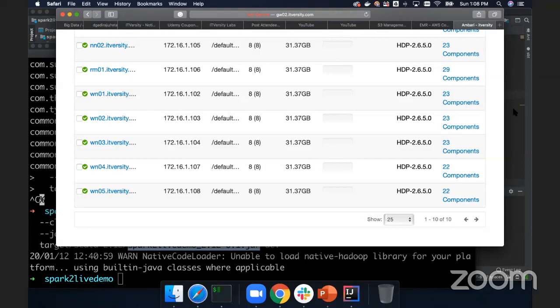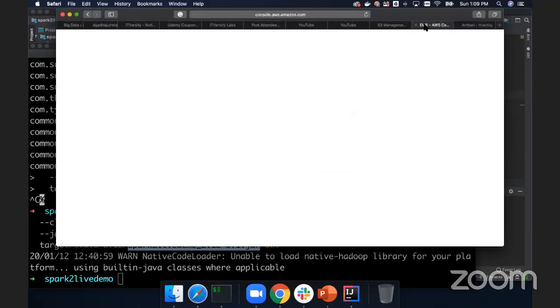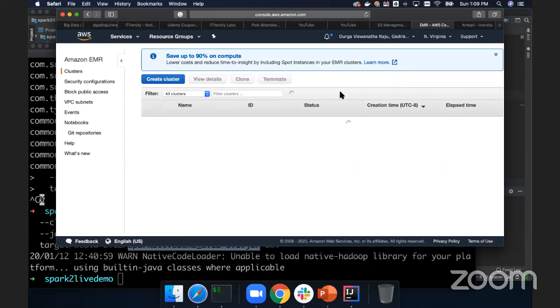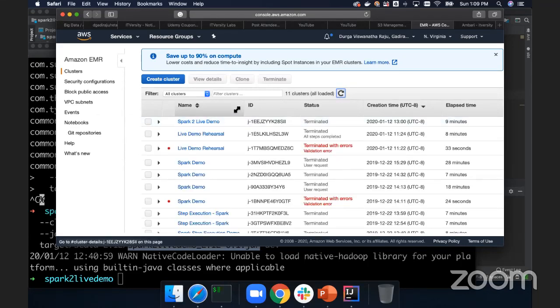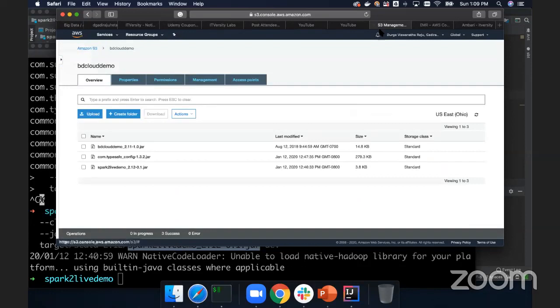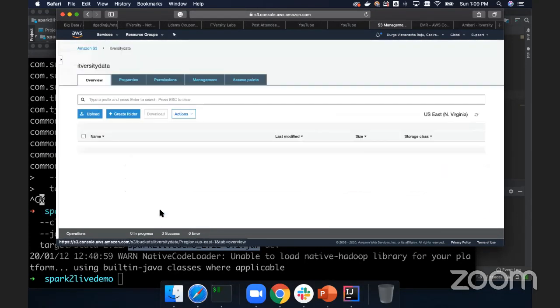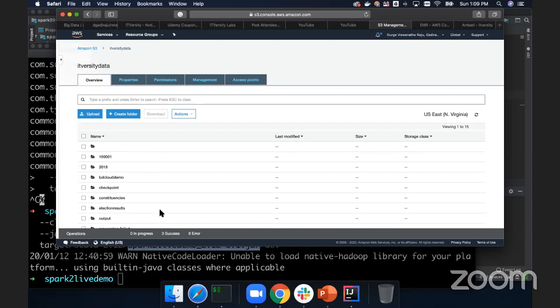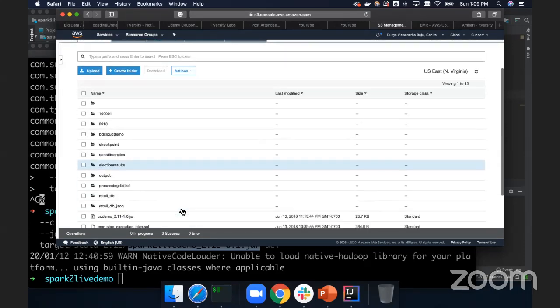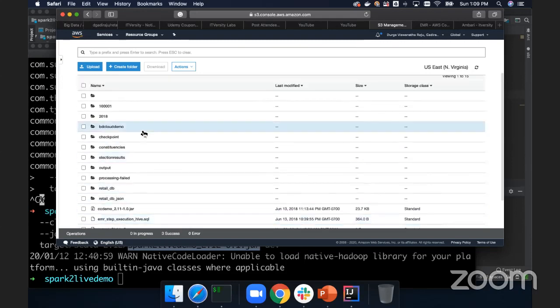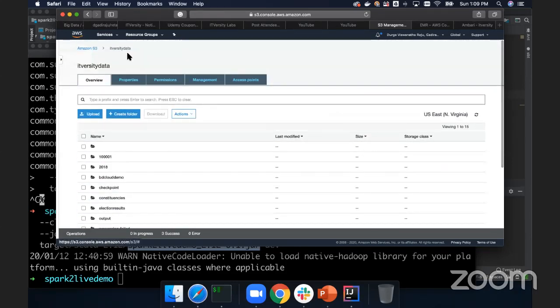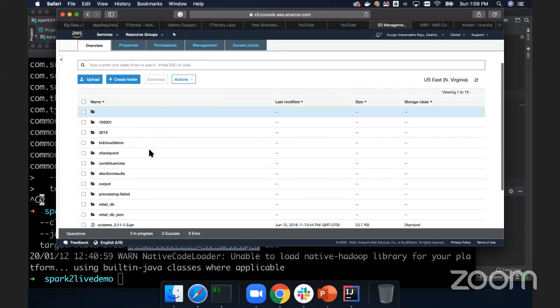Now let me get into the questions. Let me get here to see where we stand. Yeah, now the cluster is terminated. First, let us validate whether the files are created for us or not. For that, I am going to Amazon S3, itversity data. So first thing what you should do, whether the run is successful or not, you should go to the output directory, which is nothing but itversity data. And then I think,